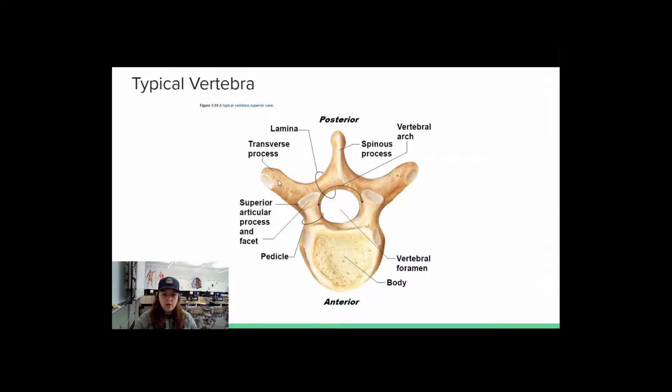And then when you come out here, there's these items called the transverse processes, and these are going to attach to the ribs. Then there's a spinous process, which is on the posterior side of the vertebrae, and that's the one, if you were to feel along your back, you're feeling the spinous process of each of your vertebrae. And then I just want you to know the body. So this is going to be the base that is going to sandwich those intervertebral discs